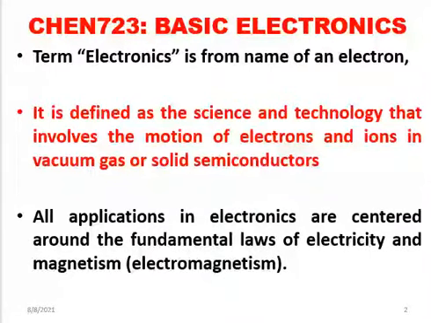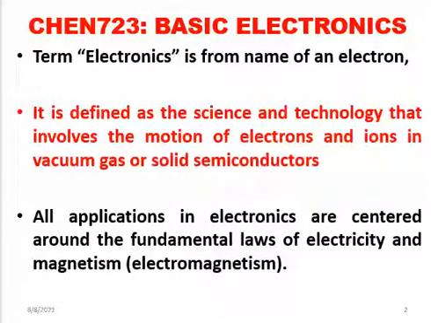The term electronics is obtained from electron, and all of us know that the electron is one of the three particles in any atom. We have the electron, which is negatively charged. We have a proton, which is positively charged, and the third one is the neutron. The neutron is neutral, and I think that's why they call it neutron, because it doesn't have electric charge. It is not positive and it is not negative.